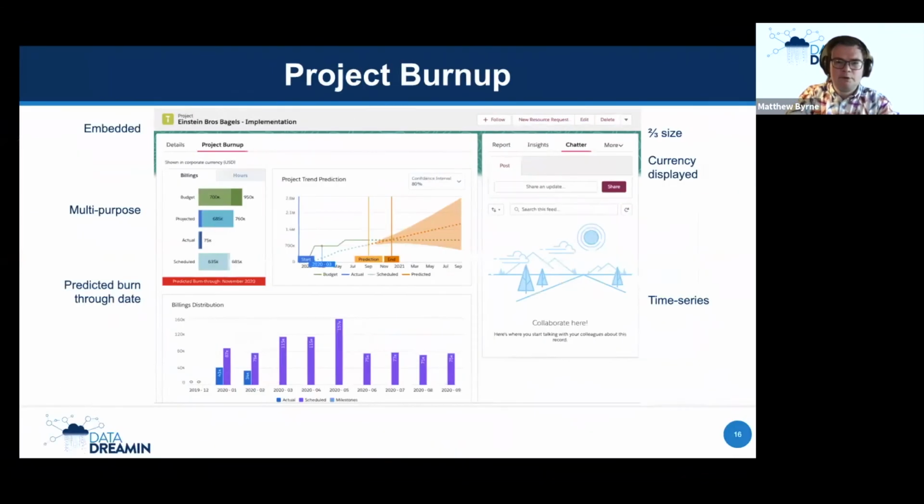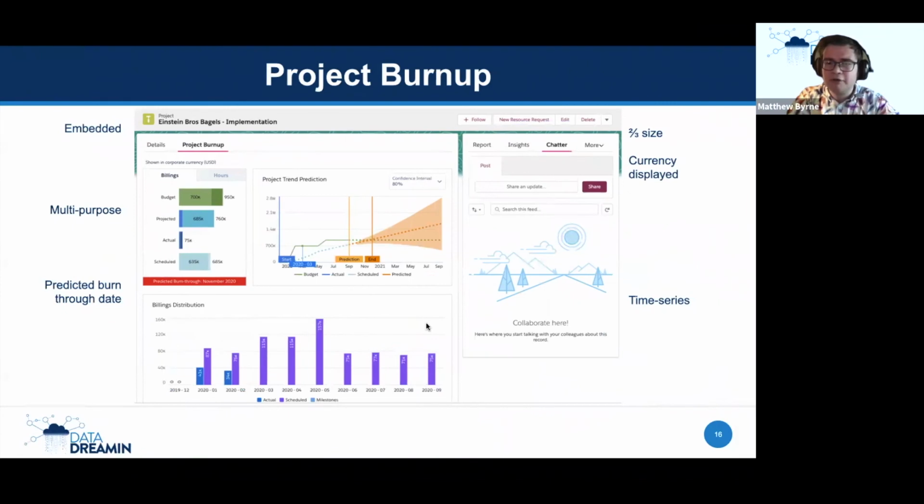There we go. What else have I possibly missed off? When designing your embedded dashboards as well, think about the size. With Analytics Studio, you can assume that they're going to run it for their entire screen. But for this particular dashboard, we expected, because of people's page layouts, that their size is going to be 2/3 of their screen size. So we took that into account when we were designing the dashboard as well. And that's something that really should be thought about.